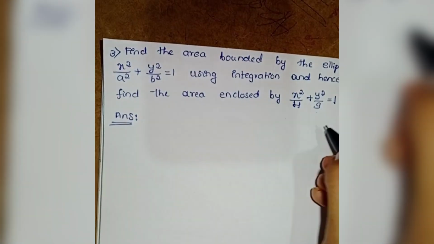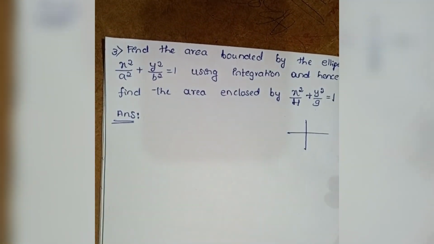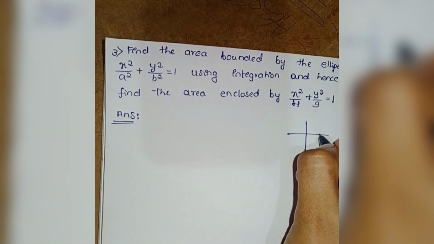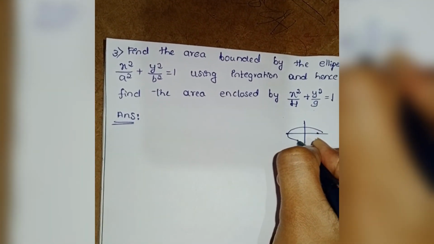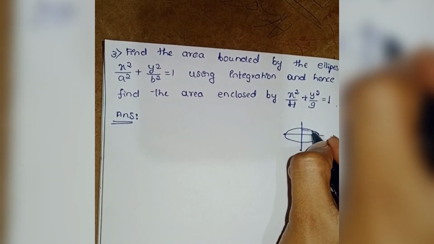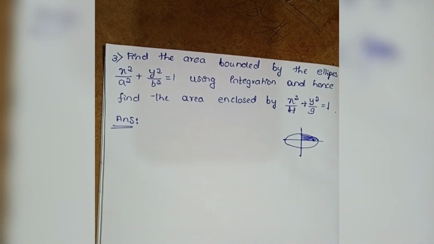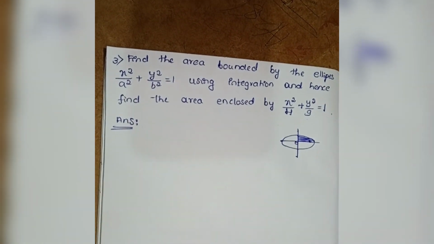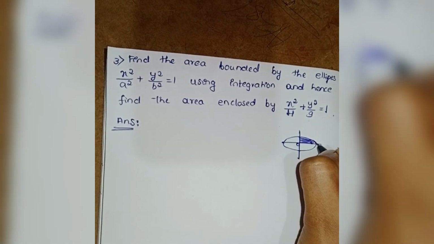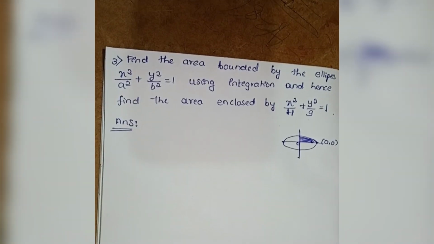It may be horizontal ellipse or vertical ellipse, you can take any, because area enclosed by vertical ellipse or horizontal ellipse in both the cases is same. So you can draw whichever you like, children. Now I draw horizontal ellipse. So this area is same as 4 times of this area, correct, right? So centre is at origin. Length of the major axis is 2a and this portion is a. So this point is 0, this point is a comma 0.